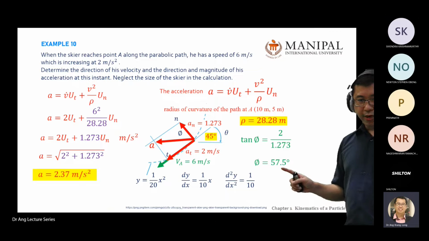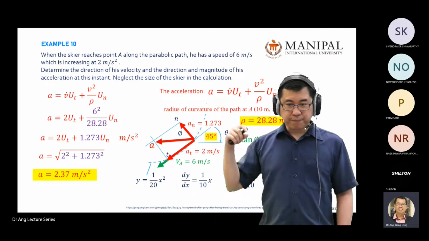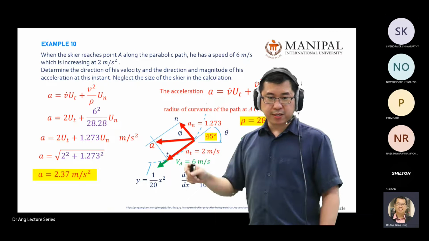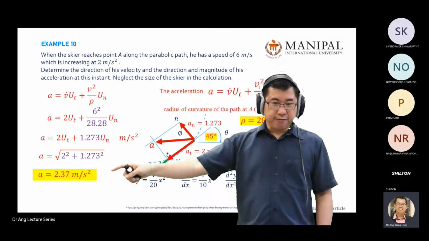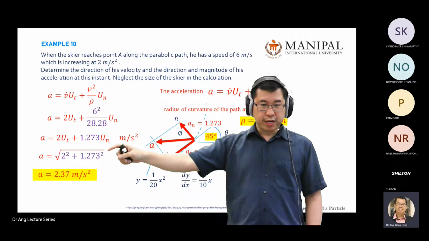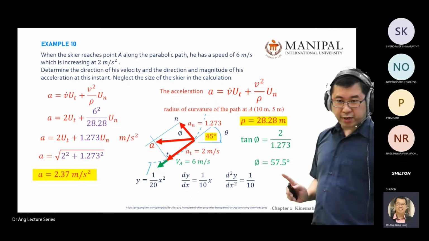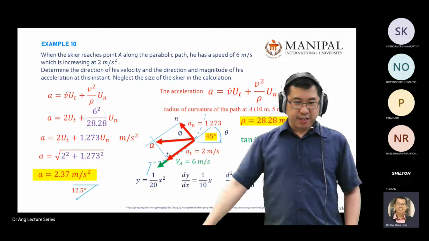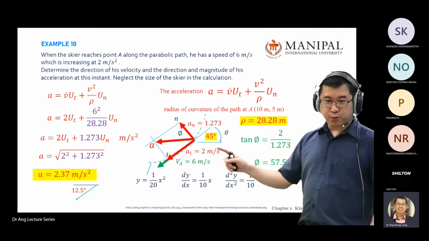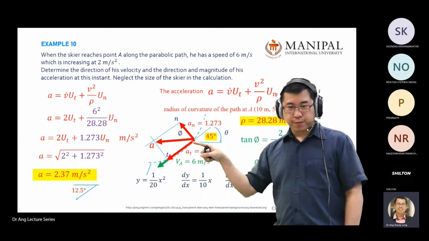Pull this direction back to the answer, because for this chapter, engineering dynamics, when you talk about acceleration or velocity, they are vectors. So answer your question in magnitude and direction. You found the angle already. How do you find 12.5? Are you able to relate? Because I'm relating to the